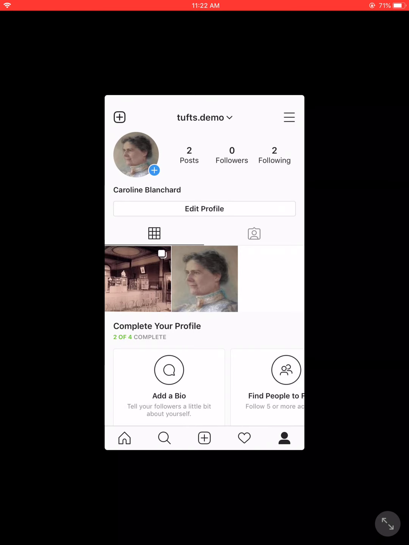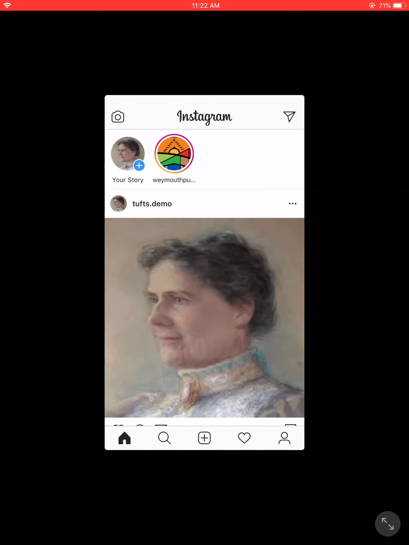So now that we've covered the basics of what those things are, we're going to go back to our home screen and we're going to discuss some of the icons that you can see at the top. As you can see, there's our profile picture at the top, and underneath it, it says your story. Instagram has a feature where you can post pictures and videos, but they won't go on your timeline, they'll go on your story. Stories are temporary, they expire after 24 hours, and they're normally used in the event that